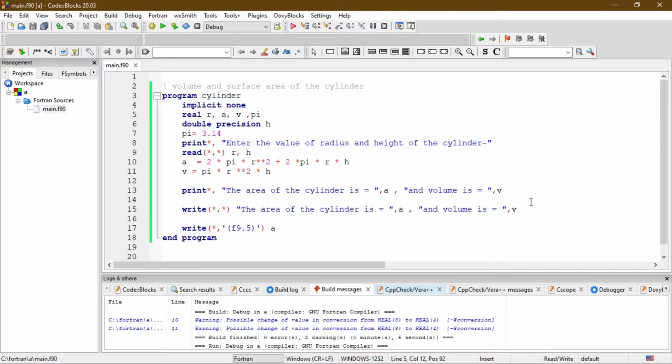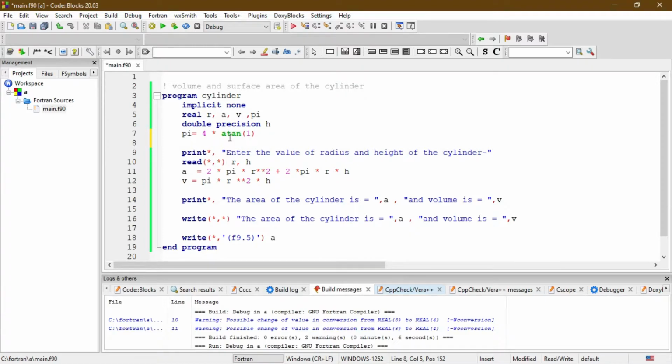Obviously one can use other functions like sine inverse and cos inverse to define the value of pi, but I heard that tan functions give more accurate values of pi. So let's define pi like this, and let's print the value of it, atan 1. Now let's print the value of pi. If you want to print the value of pi up to certain decimal places, then you have to mention it. I already discussed how to define the number of decimal places at the output.